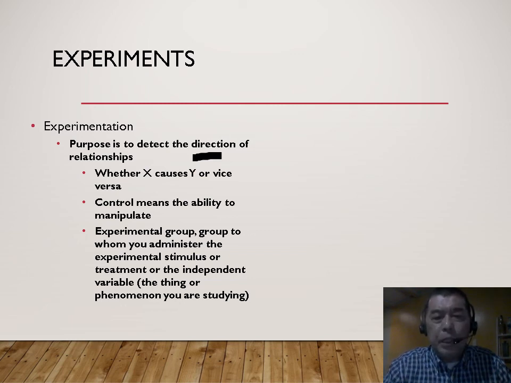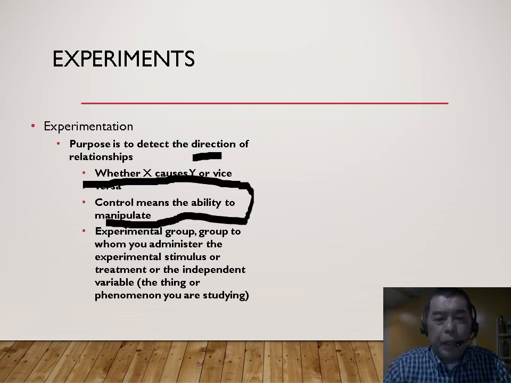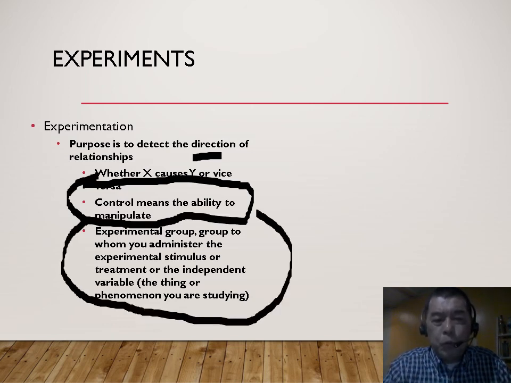Control means the ability to manipulate, which is the independent variable. Experimental group, or group to whom you administer the experimental stimulus or treatment, or the independent variable, the thing or the phenomenon you are studying. So this is experimentation, and experimentation is part of quantitative research. In our next module, we will discuss about quantitative and qualitative